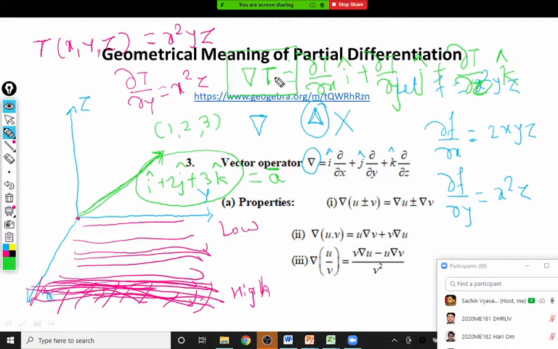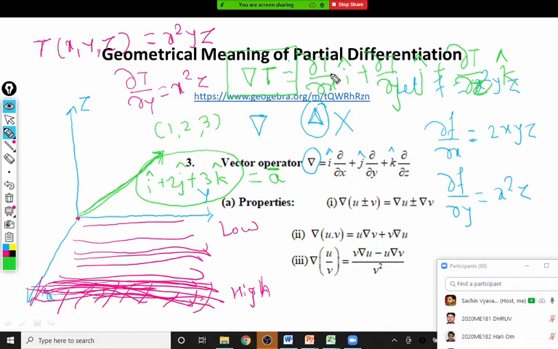Now, this direction is fixed. We can fix that direction provided we take the projection of this del t vector. For example, what is the projection of del t along the x-axis? Anyone? What is the projection of this del t vector along the x-axis? So dou t by dou x. Yes, very good, correct. Because if you want the projection of del t vector along the x-axis, we should take del t dot i cap, a dot product of this del t vector with a unit vector on the x-axis. So del t dot i cap gives dou t by dou x only.